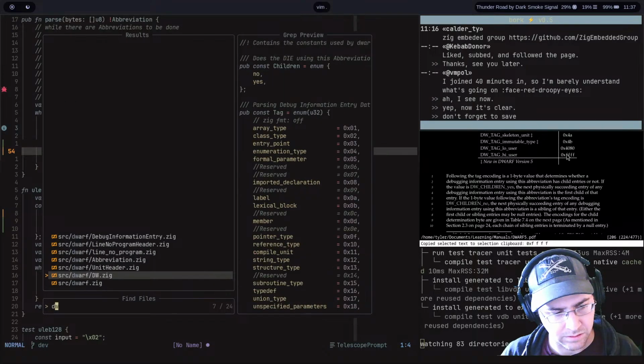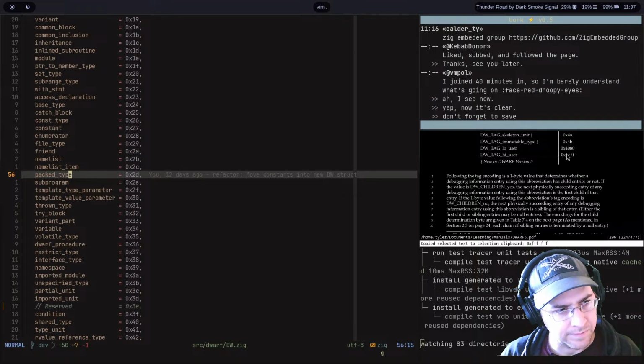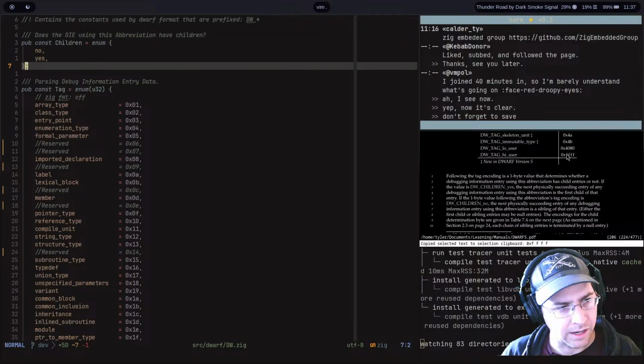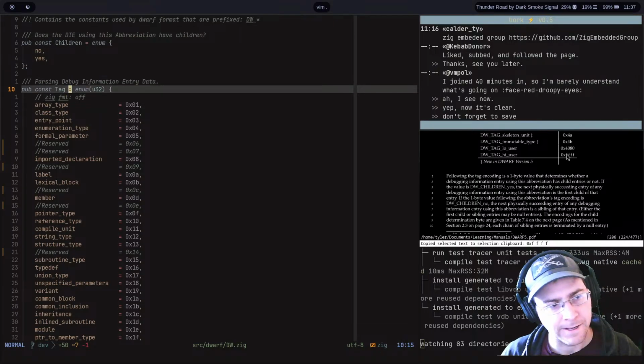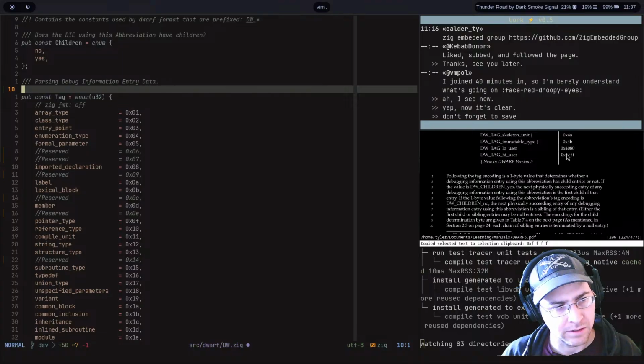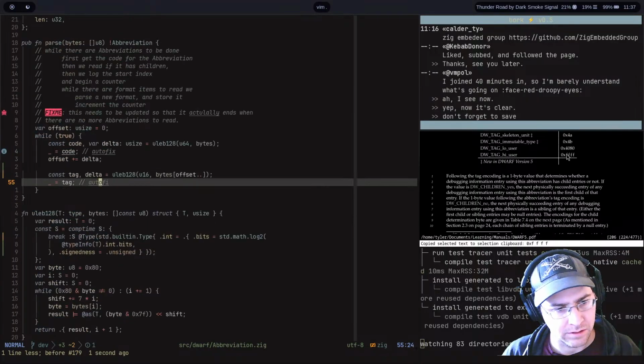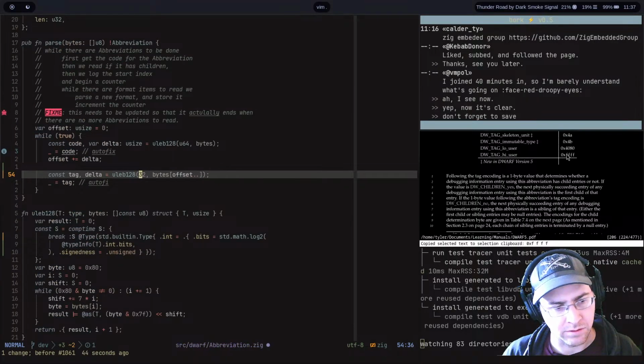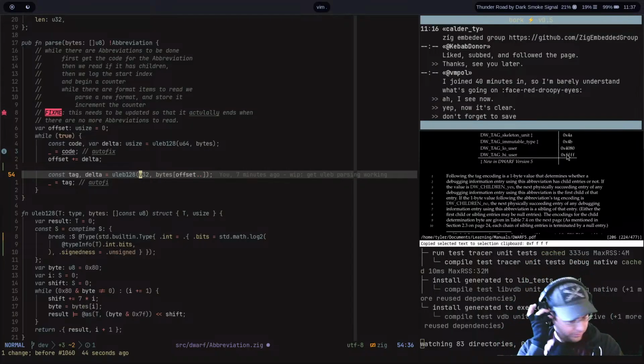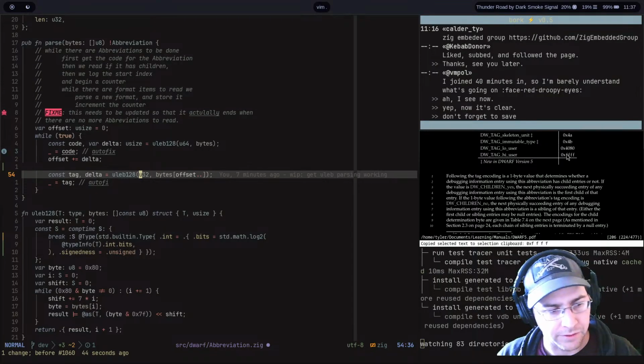I have them as the U32. So to make things simpler on us, we'll keep this a U32. Okay, so now that we got the tag here,